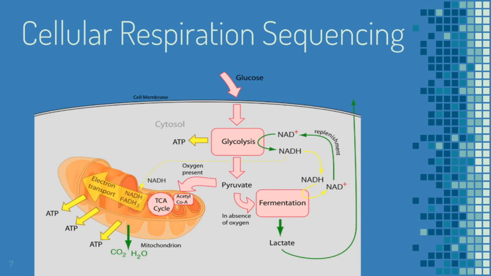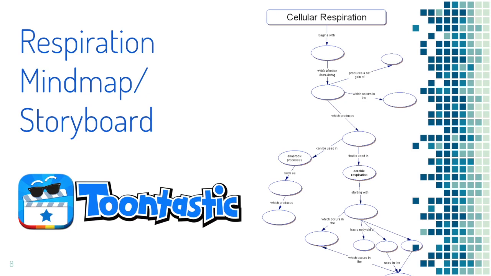So to help organize that a little bit more for students, they'll use a mind map, as you can see to the right of the screen, that will help them describe cellular respiration. They'll use MindMeister. That really is an awesome program online to help our visual-spatial and our linguistic learners vocalize things that they're trying to learn. They can also, after that,